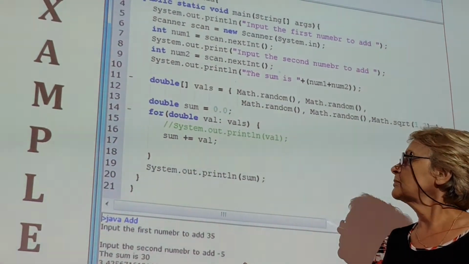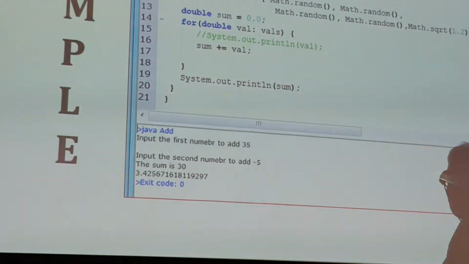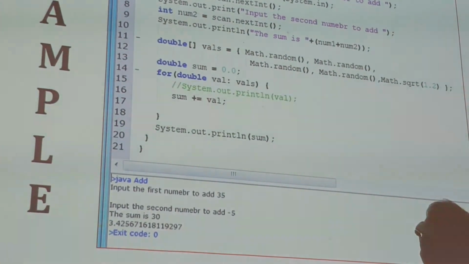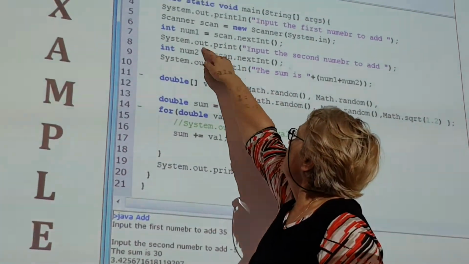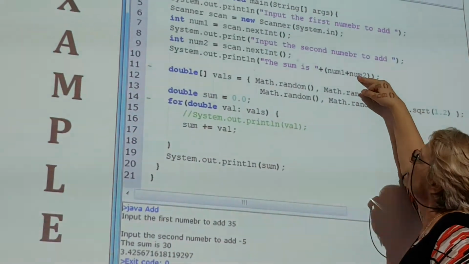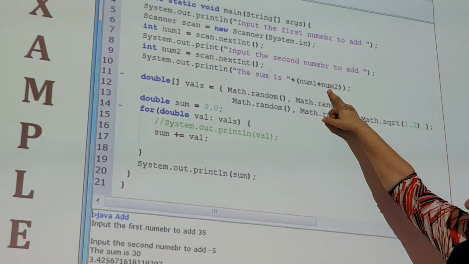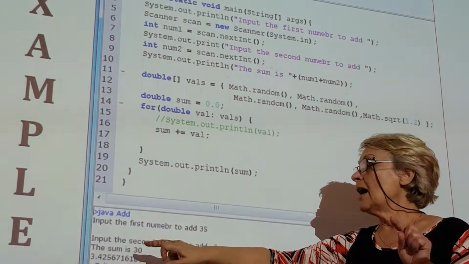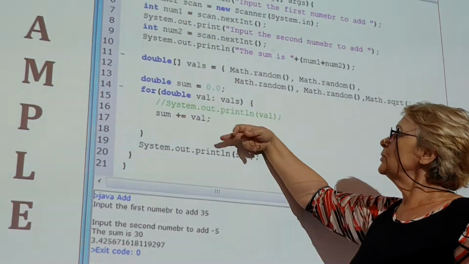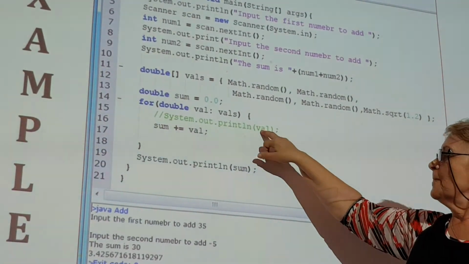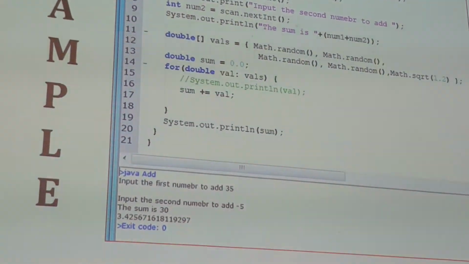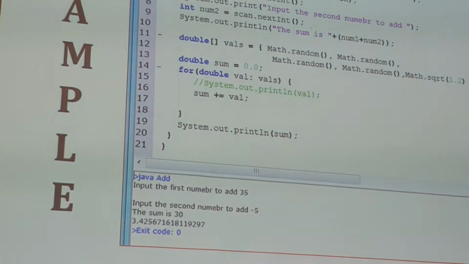And then we compute the sum, which is this value, sorry. So first number 35, next number minus 5, sum is 30, comes from here. Right. Notice the brackets. They are needed there. And then with this, I took out this comment, but if you want to type it, you can find out what the values were here. All I printed is this sum, which is a double value,